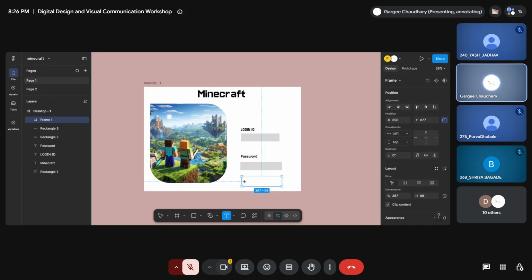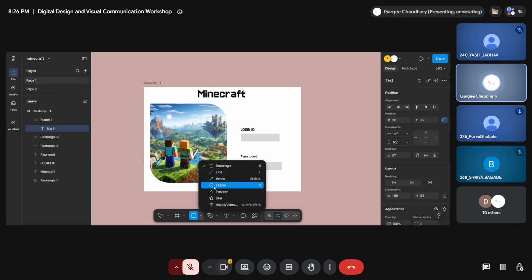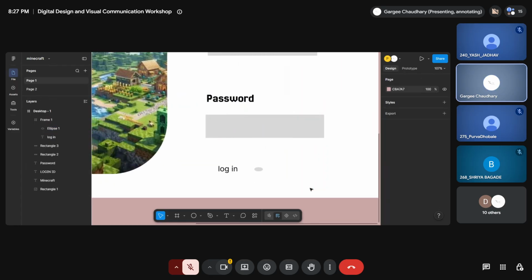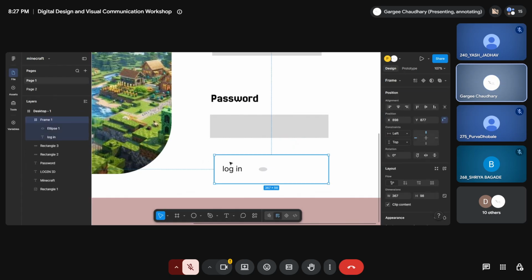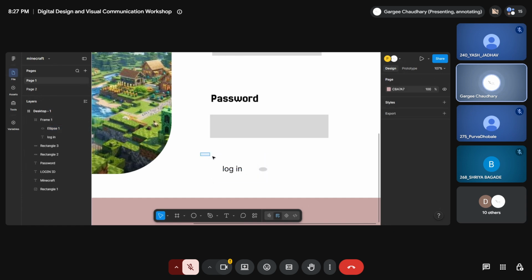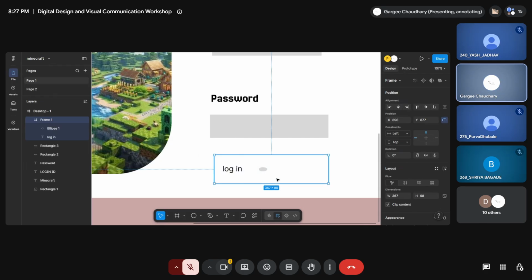We will be adding a text right over here that says login, and any shape that you want to add, say this. We will be adding that right here. And the frame, the text, and this ellipse will all be selected together, and we will be making it as a component.